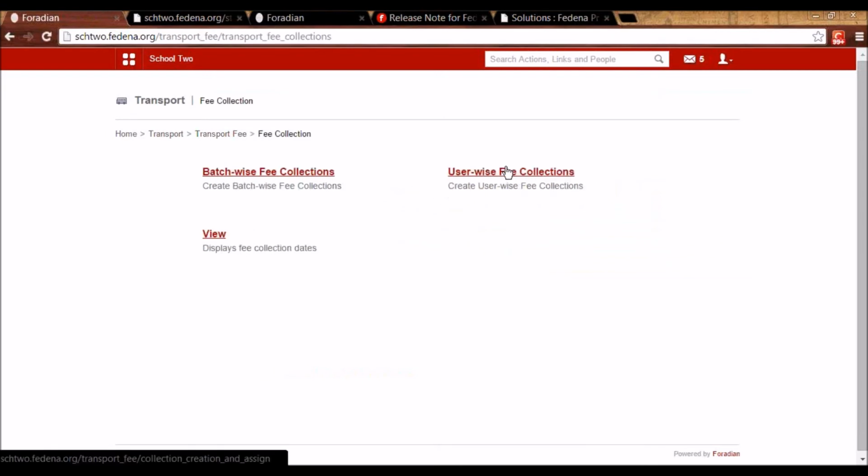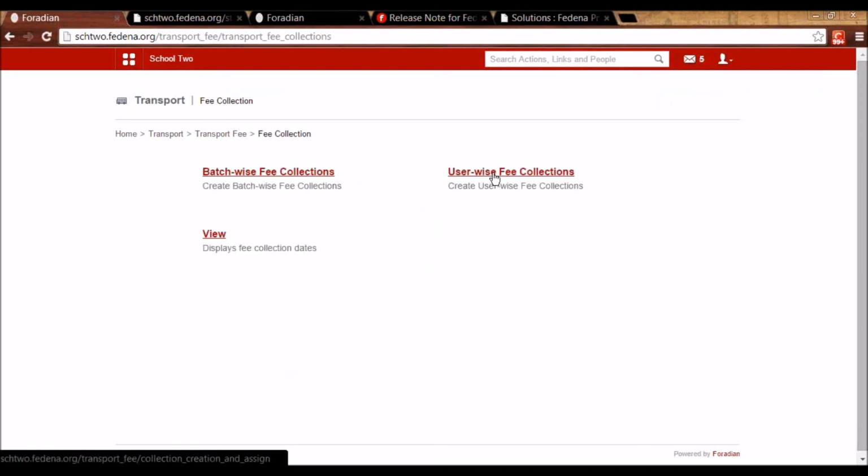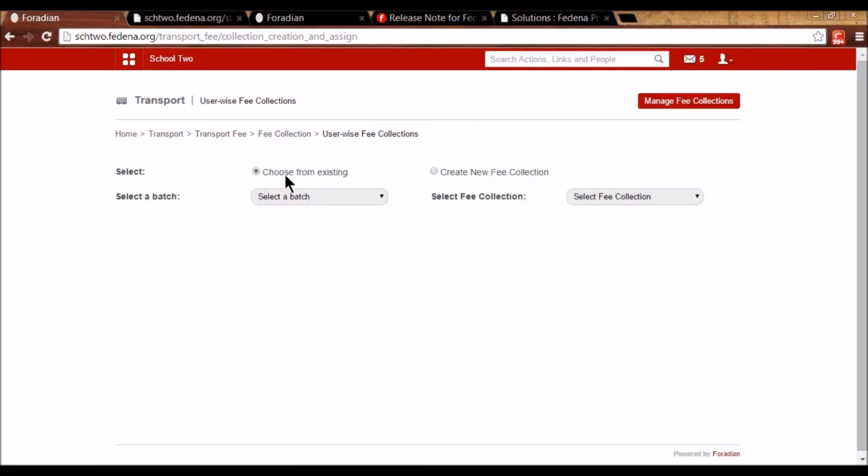can create fee collection for a particular user. So here, let's say we have created a fee collection for a batch. This feature was already there. We could create a fee collection for a batch. Now, let's say there's a new user in that batch who wants to avail transport facility. So I can create either a new collection for those students who are new, or I can assign the existing collection itself. So I need to mention who is the new student who was not earlier assigned fee collection from